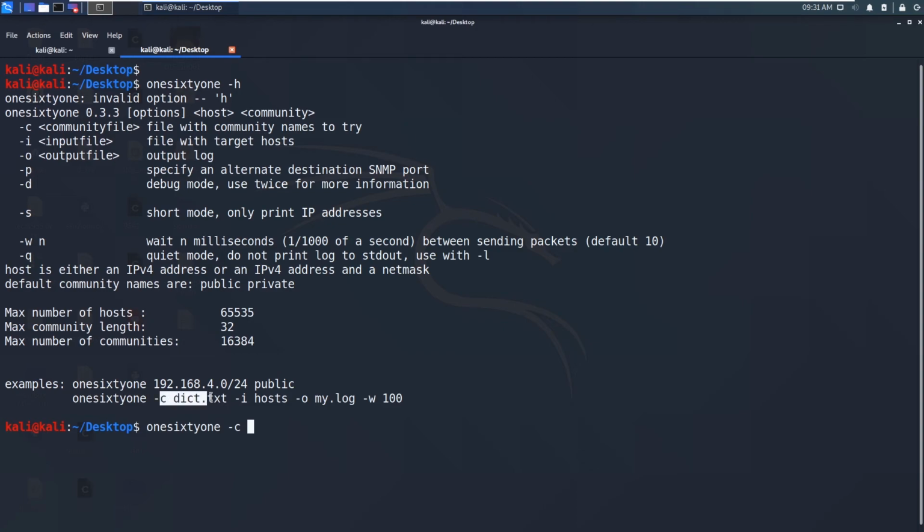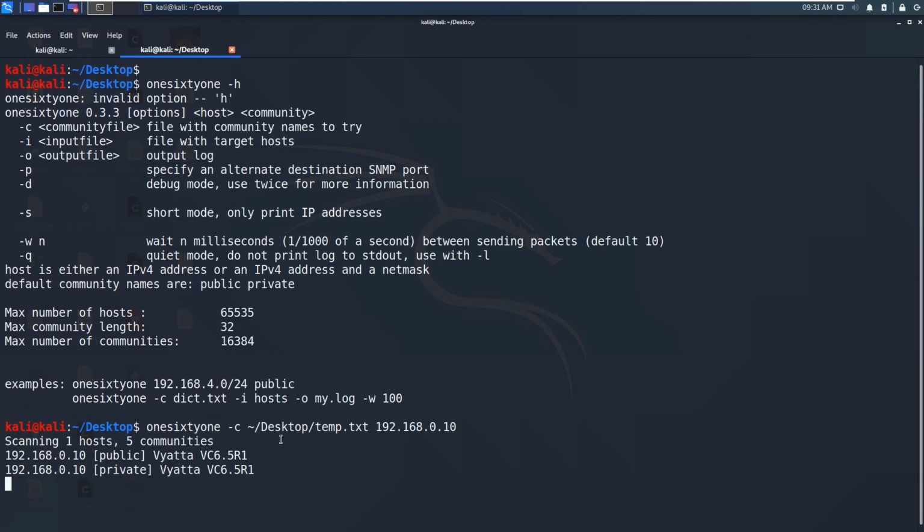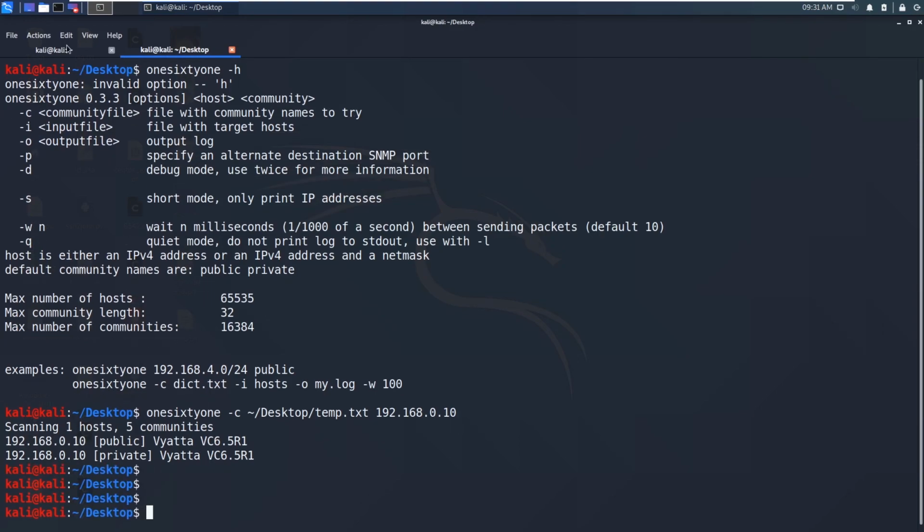You can also specify the wordlist, which we are going to do now. And now I am going to specify the IP address. So we have got the public and private strings. This is very simple with onesixtyone, and that's all about SNMP brute forcing. You just need to use onesixtyone -c for the communities file, which is the wordlist, and the IP address. We got the public and private strings.